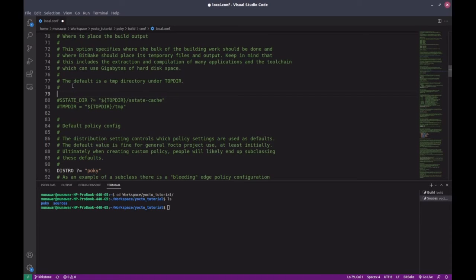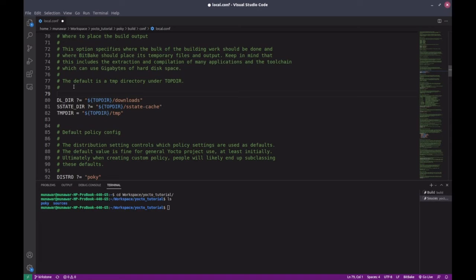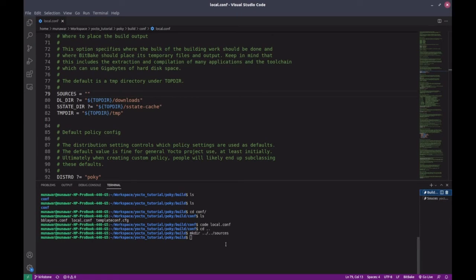What these directories are we will see later, but first I paste it here, then I uncomment, and then I will write a variable sources, then equal, and our path. Right now this local.conf is in the conf folder, which is in the build folder, so we have to go back 3 steps. So dot dot dot and then sources,